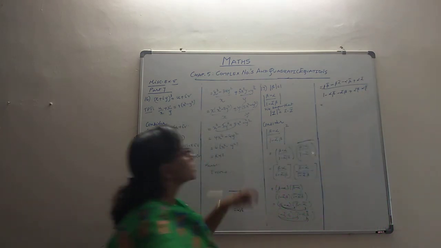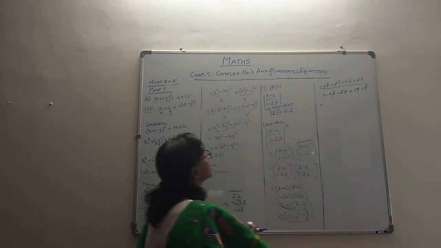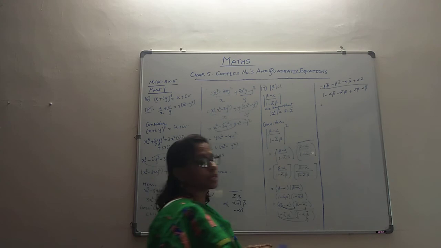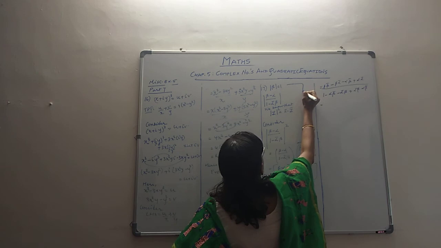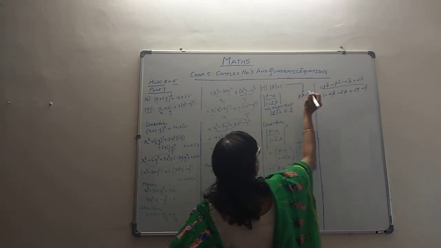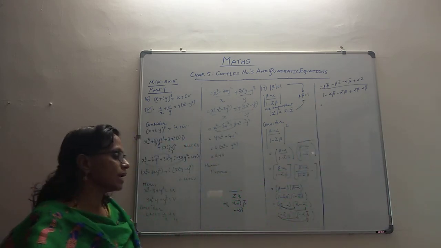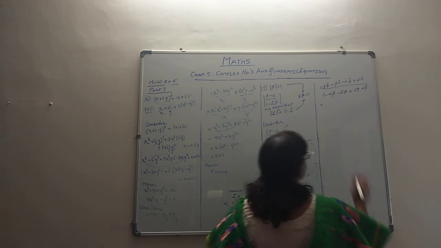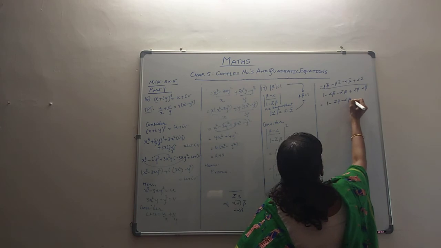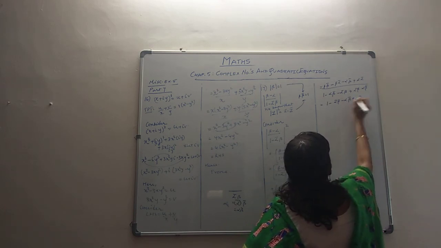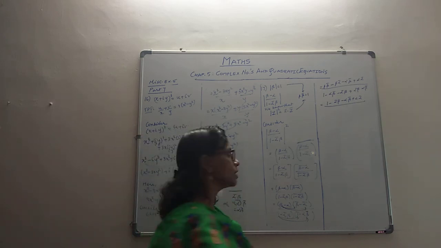Now it's clear to us that it's been given to us that the modulus of beta is 1, which means beta into beta bar is 1. How do we get it? We get it because of this result itself. So we can have that substituted here. This will become 1 minus alpha bar beta minus alpha beta bar plus alpha into alpha bar, which can be written as modulus of alpha squared also, you can write it like that.